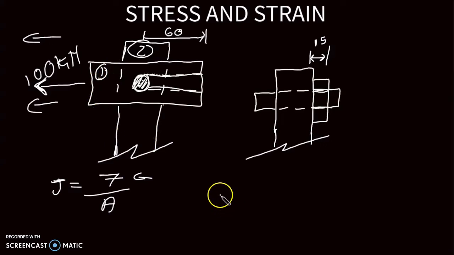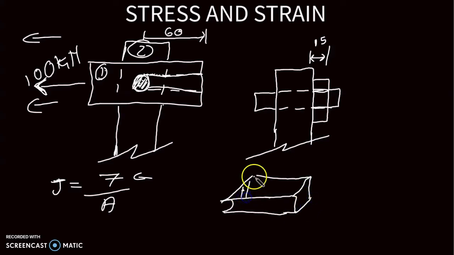It will look something like this, with that being the side that we see from this view, and then it will be something like this. With this side being the side that has sheared, or the side that the object separated,